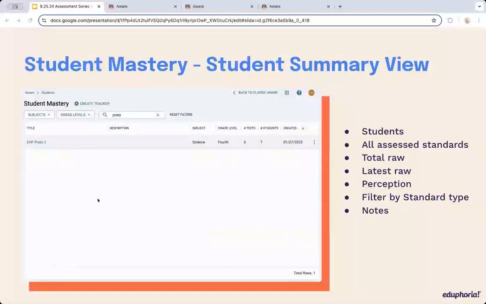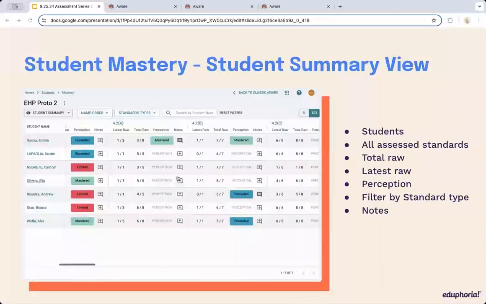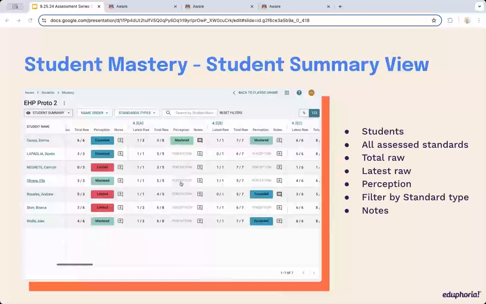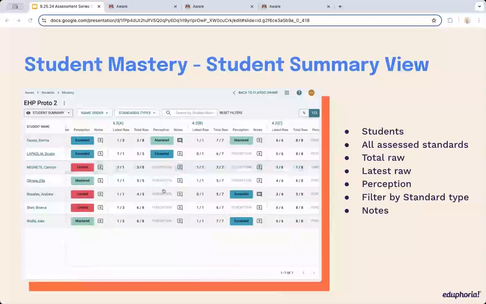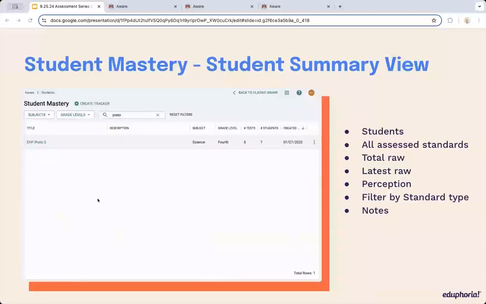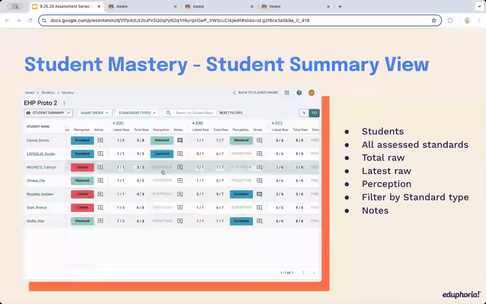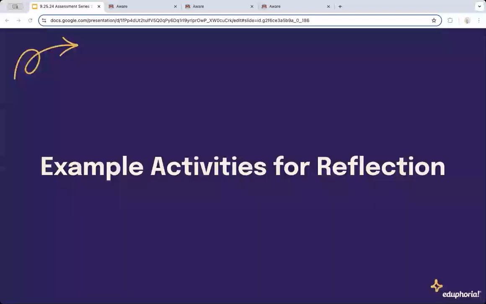Having Aware Premium offers a really good spot for teachers to go in and compile data all side by side and aggregate by standard, and then see the latest raw score right next to the total raw score for that standard and decide on 3 different levels of mastery. Once they decide on those levels of mastery, you'll note there's even a place to put some anecdotal information to say that this thing happened in class and I'm changing the mastery because of that, even though the data may not actually match that. And then you get some really great data views in addition to what's available in quick views to actually look at mastery from a completely different lens. So cool, Aware Premium feature if y'all have that, and make sure you're trying to utilize it through this process.